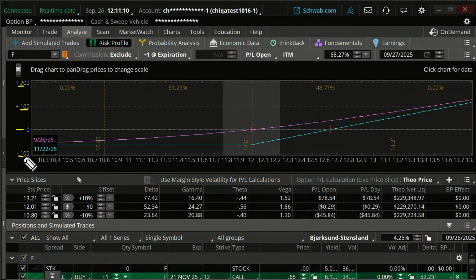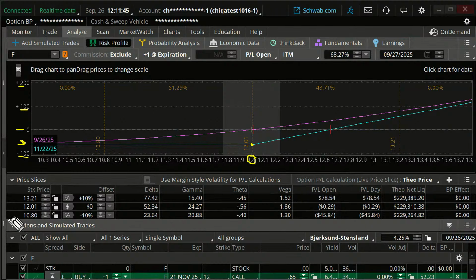This represents the underlying price of the stock. Right now, the stock's right around 12 bucks, okay? If you look at the graph, you can see if the stock stays at 12 bucks at expiration, look at the blue line, right there, 12 bucks, we can look over and we can see we're losing some money there. We're below that break-even point, okay? So profits or loss are displayed right there. Underlying stock prices right there.